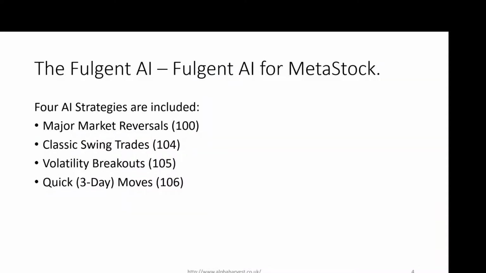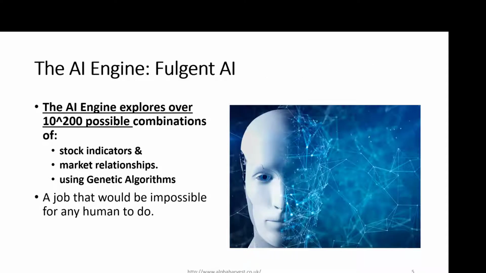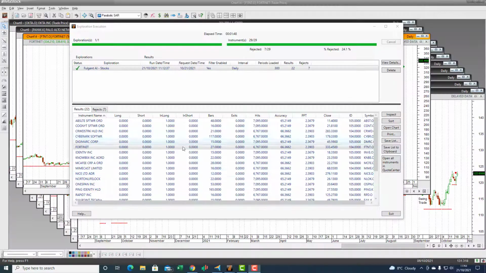We'll be focusing on 4 artificial intelligence trading strategies: major market reversal, classic swing trades, volatility breakouts, and quick 3-day moves. We use the Fulton AI engine that sits on the Metastock platform. Just to recap, this AI does 10 to the power of 200 different possible combinations of stock market indicated market relationships using genetic algorithms. So it's doing a tremendous amount of computing power to come up with those 4 AI trading strategies. Running the screen took about 1 minute 48 seconds for the AI to run through the list of